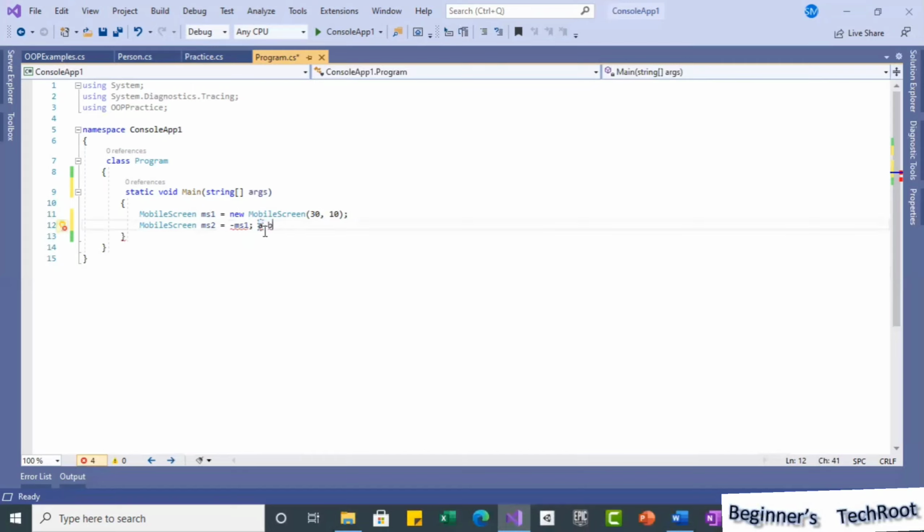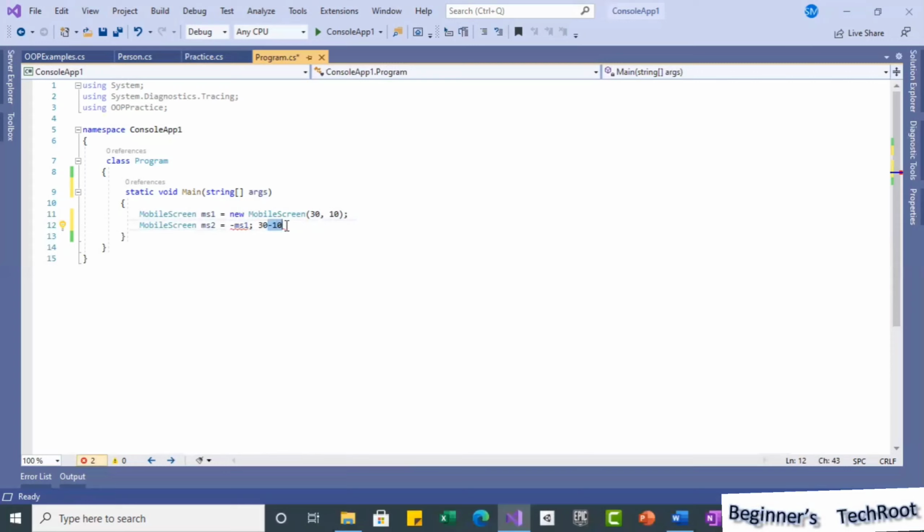So here, just minus ms1 is a unary operator. If I use 30 minus 10, it is a binary operator, so two values are required for this. The result will be 20.